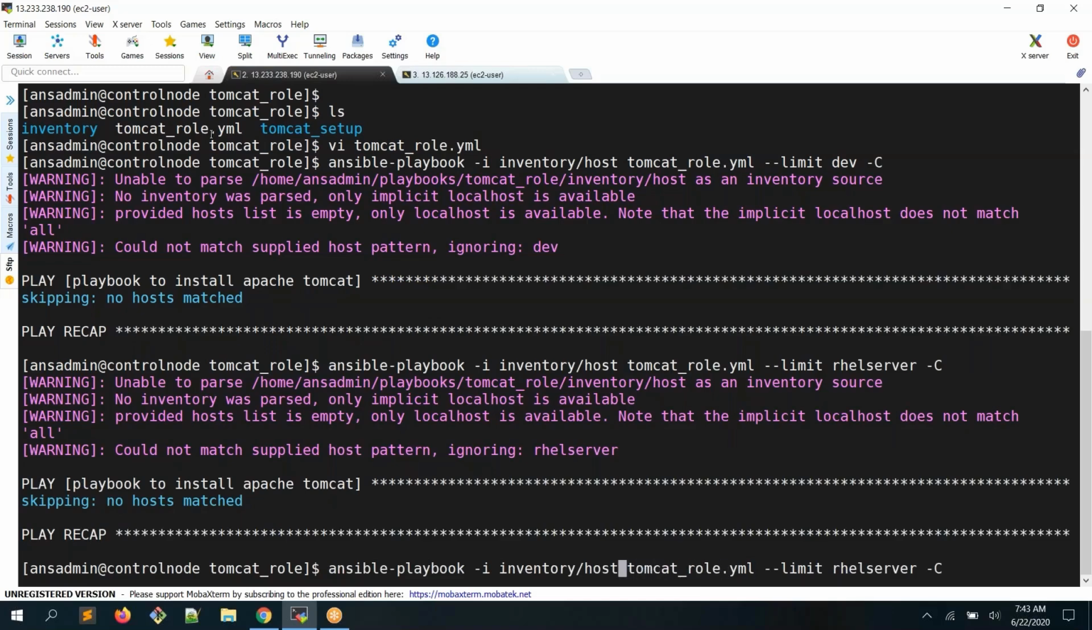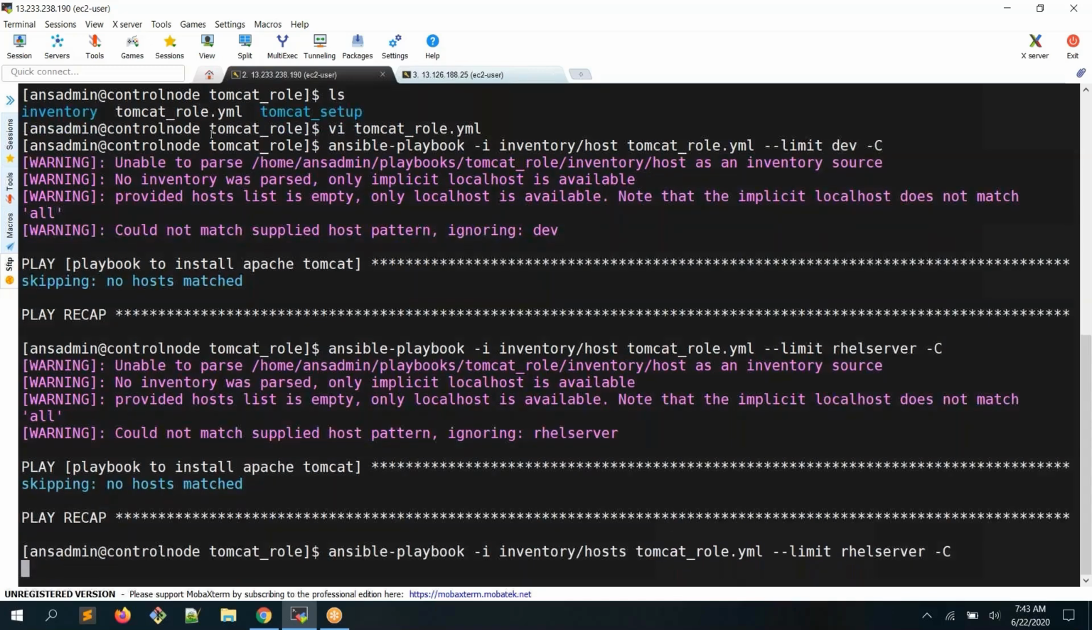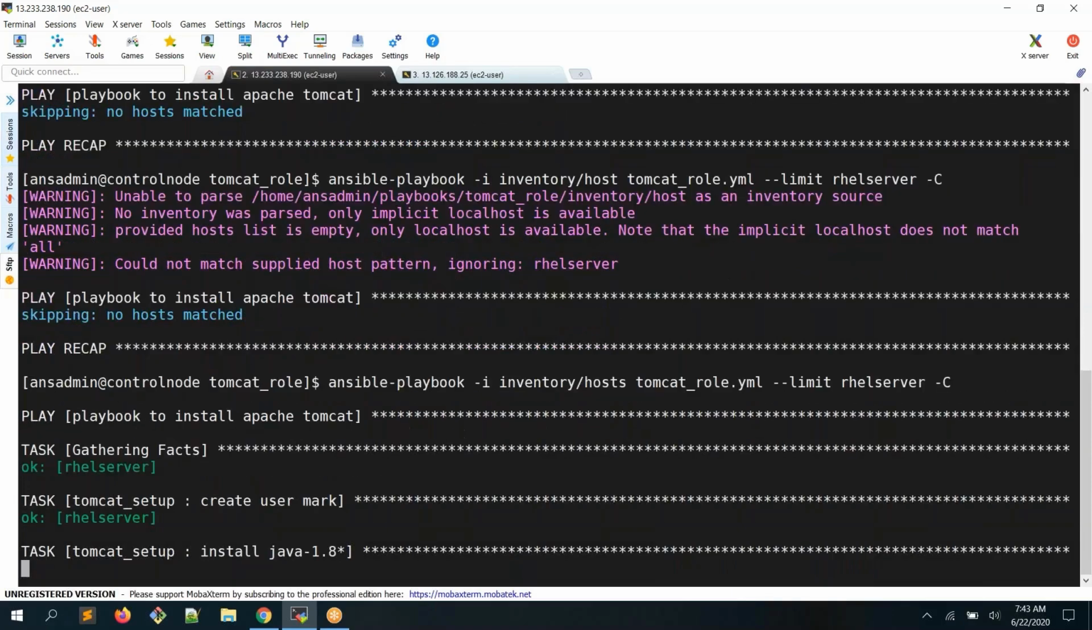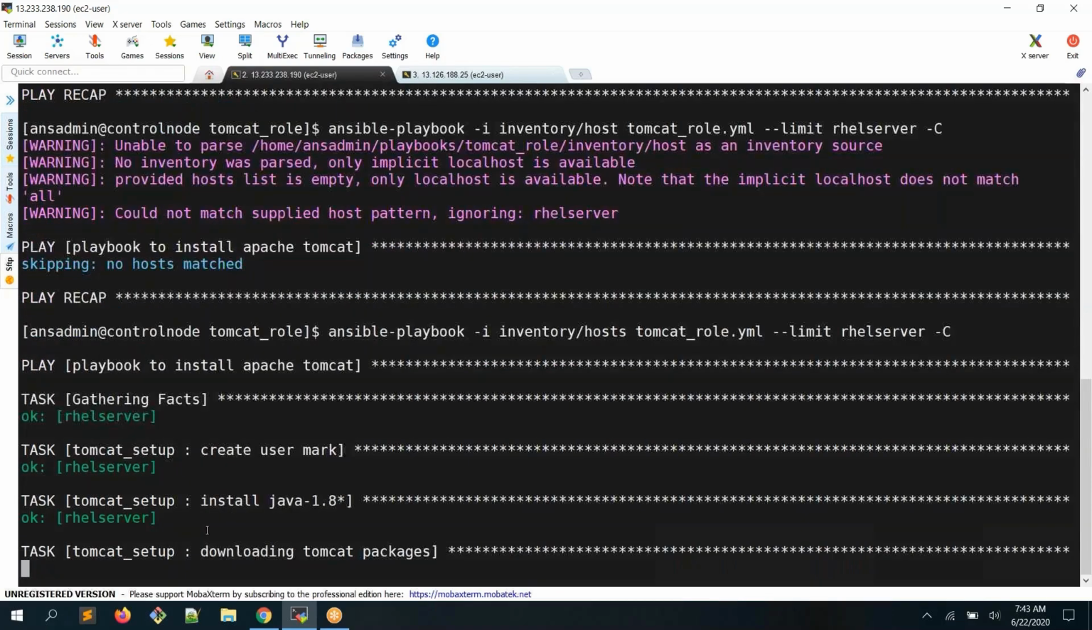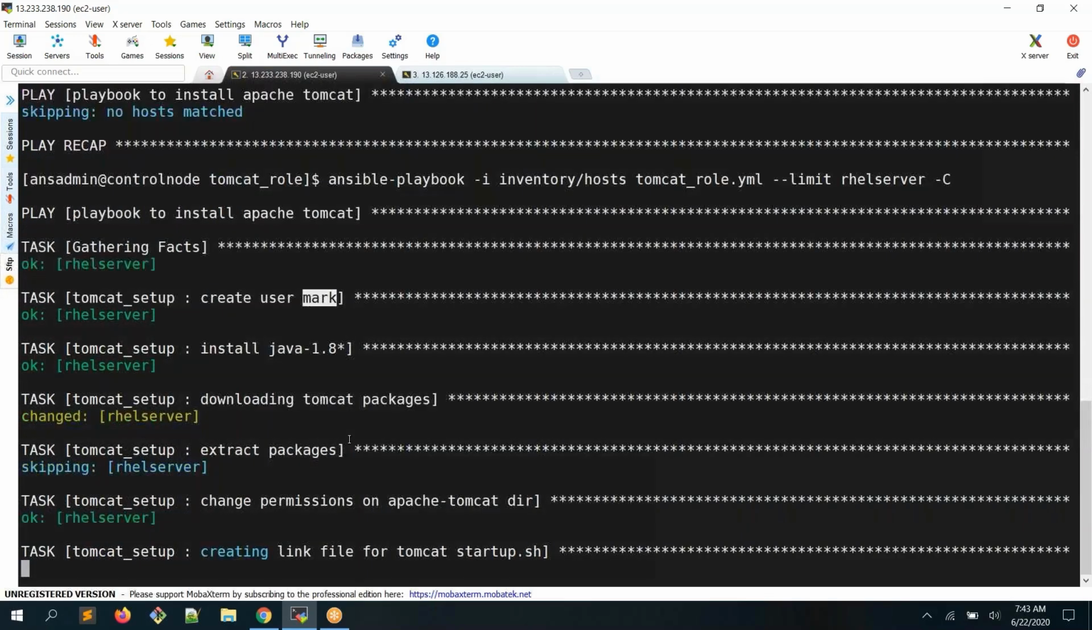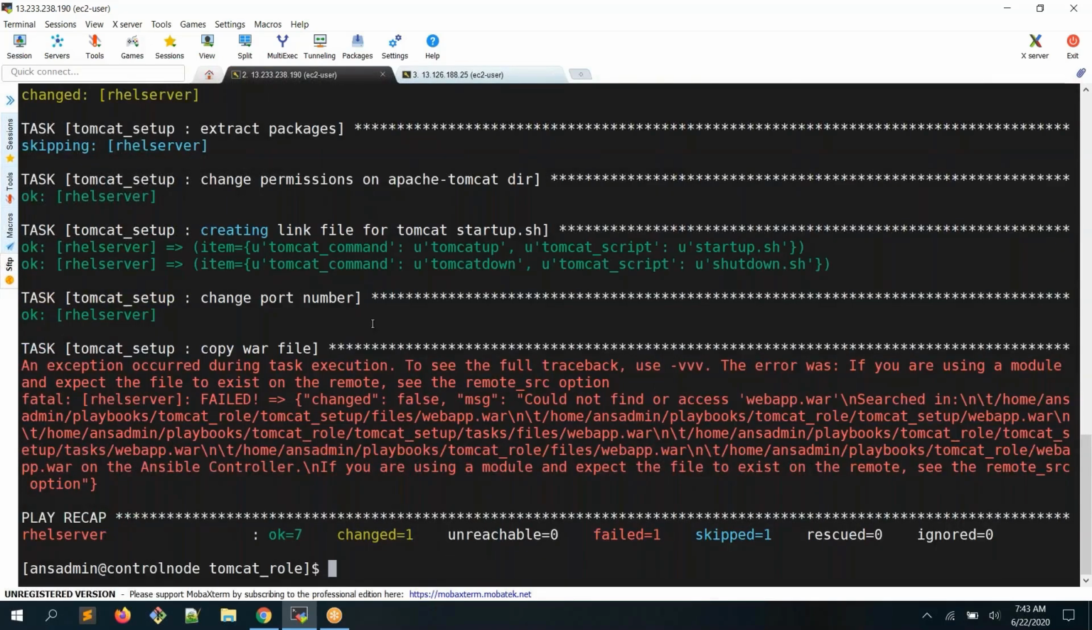It is hosts. You can see here now it is executing on RHEL. Okay, it is creating a user called Mark. Why? Because we have given it in the variables file. So we should not give it in the